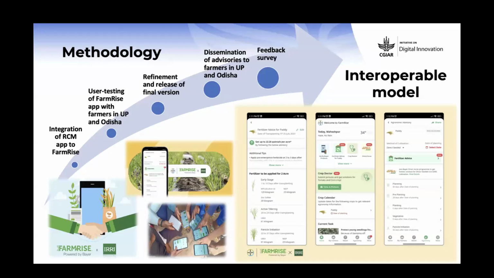So how we worked with Bayer was that we started to develop a model, or generate APIs, which can link both FarmRise and RCM together. Then we did user testing of the FarmRise app with the farmers along with Bayer Crop Science. Then the model which was developed was refined, and then it was released as a final version. This final version was then disseminated. The recommendations were disseminated in both UP and Odisha. And we also went back and collected a feedback survey from the farmers to whom we reached out using this